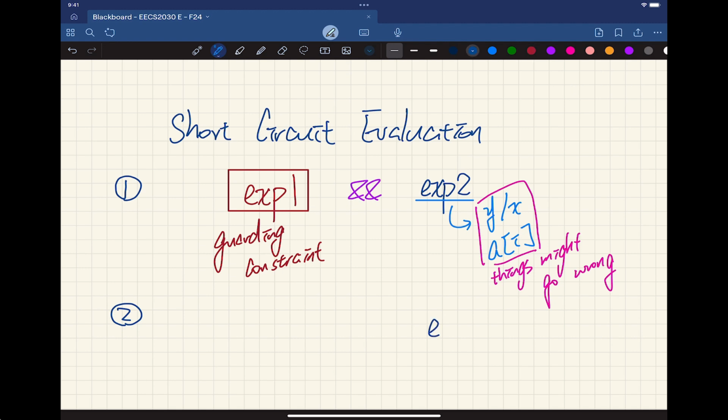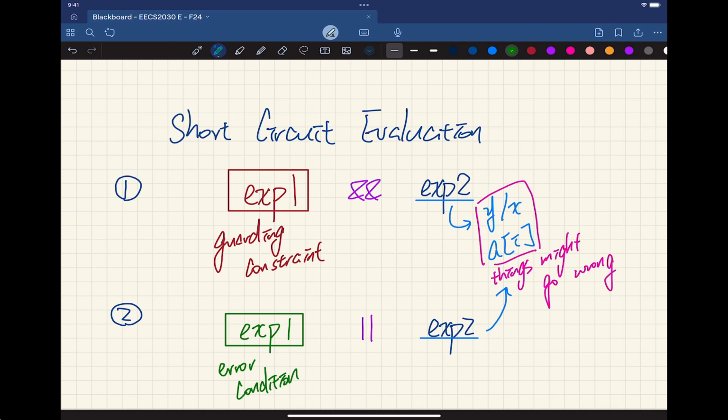Well, so let's say we got expression number 2, and that one may have some sensitive expression, like these, right? Things that might go wrong. And now I want to put that together with OR, which has similar logic, but just kind of symmetric, right? So in this case, this would be expression number 1, and this is what I call the error condition. How does it work? If the error condition,